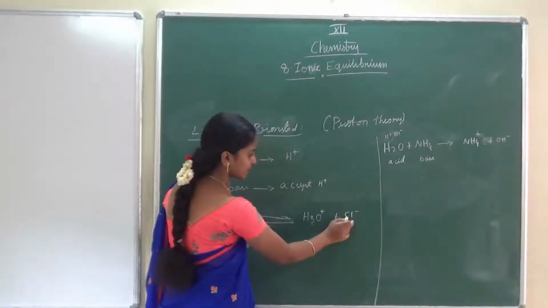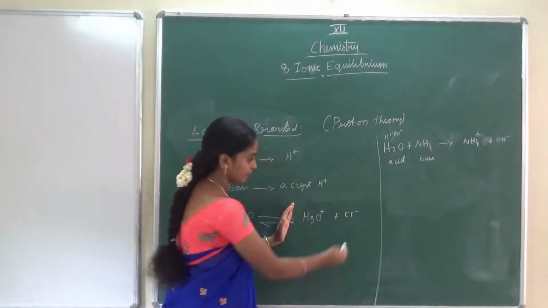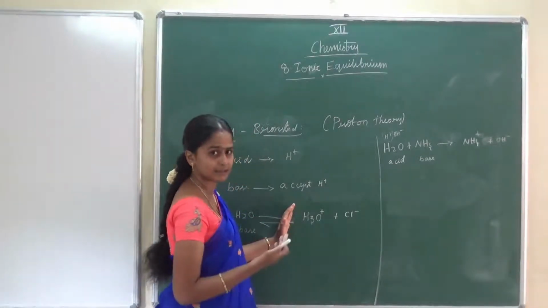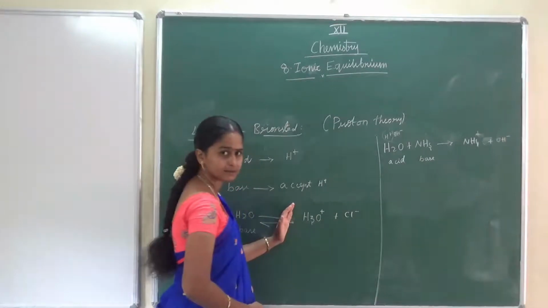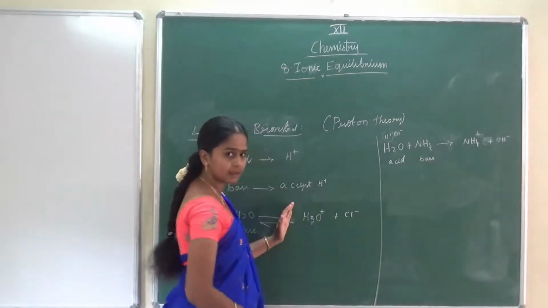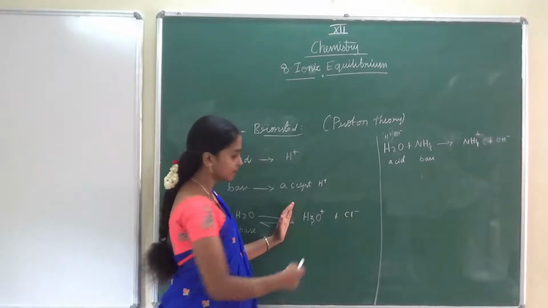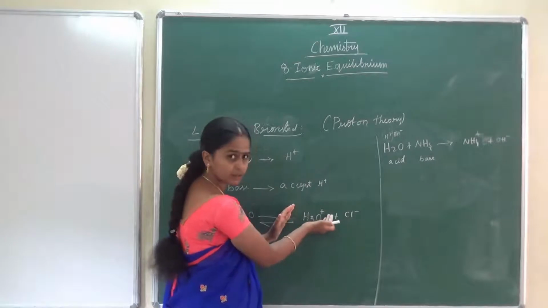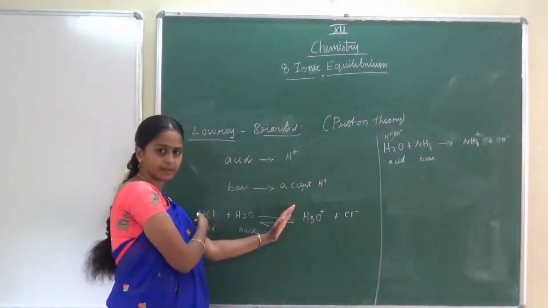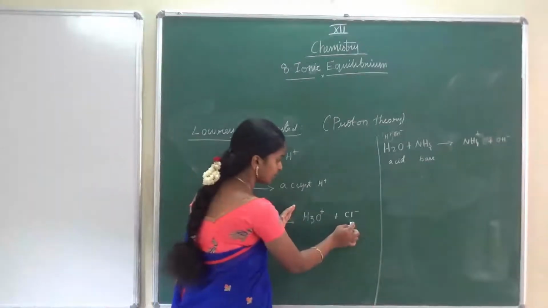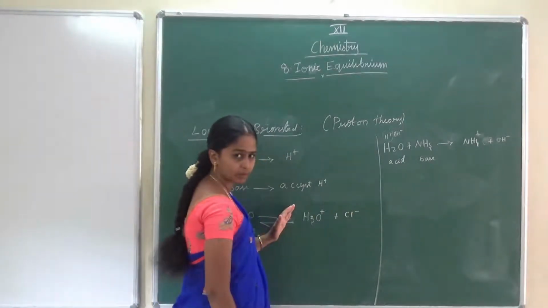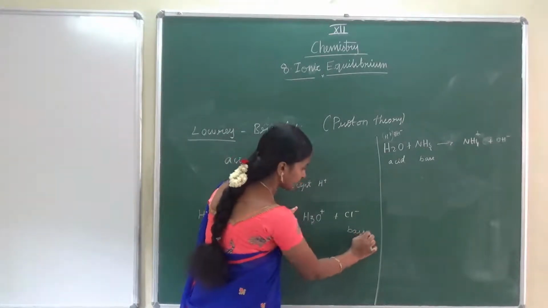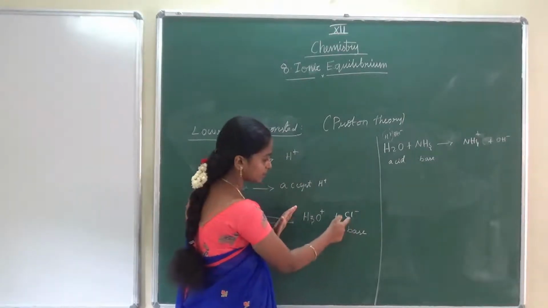What is the nature of the Cl minus on this product side? If anybody donates H plus, it will surely accept it and go as HCl. Yes or no? Because of the Cl minus. So what is the tendency of Cl minus here? It will accept H plus. So in the reverse reaction, that is going to take place. It will accept H plus from this H3O plus and become HCl. Isn't it? In the reverse reaction, Cl minus is going to accept a proton. Those who are accepting proton are known as base. Very simple. It is going to accept a proton, so it is a base.